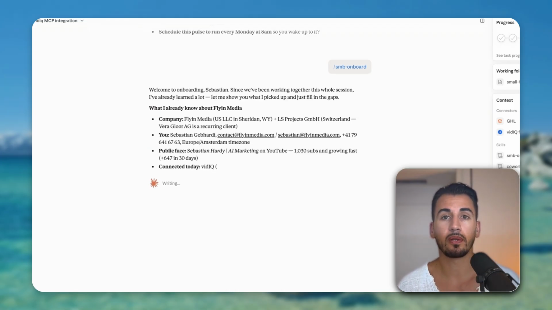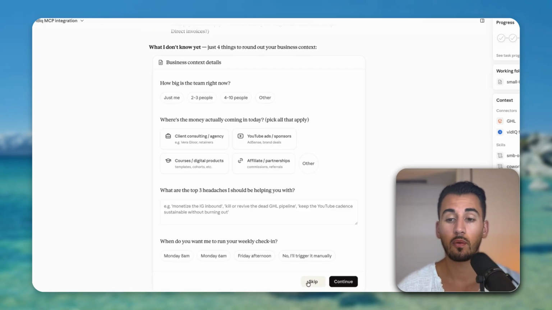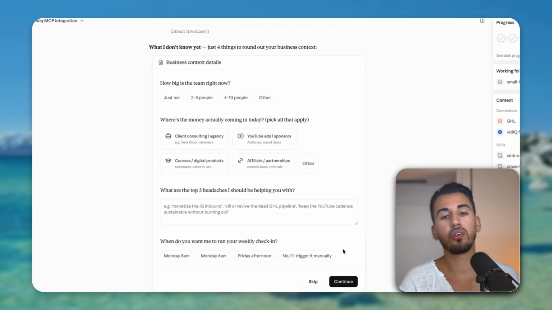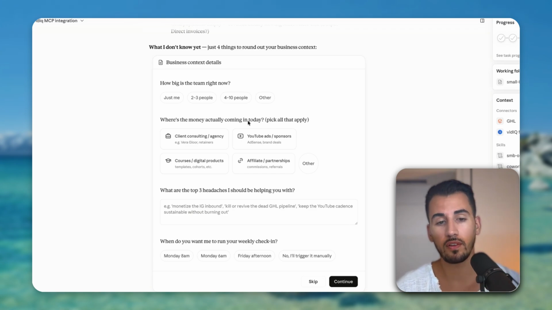your website multiple times. Many of the solutions out there like HubSpot or GoHighLevel and stuff like that already pull data that could be relevant to understand your lead quality, your sales process, and so on, and get you better outputs. And what's really cool about this is it will already go pull context out of your previous conversations. If you've never used Claude CoWork before, or Claude in general, then this might be new and it's going to start from scratch. However, if you use Claude before and you have a lot of information, then it will already